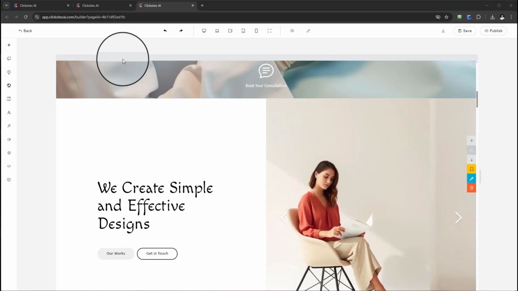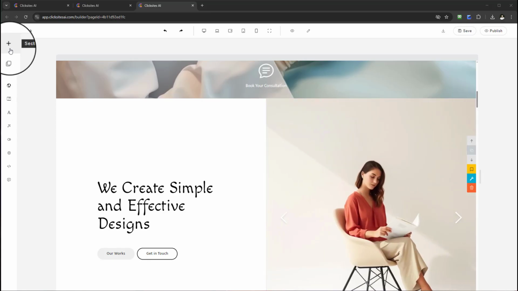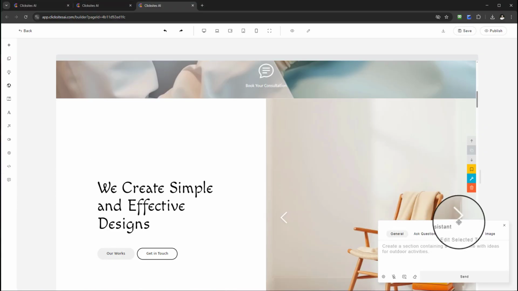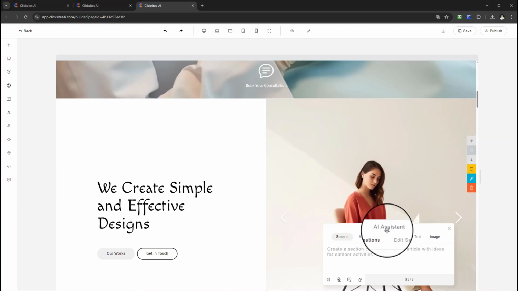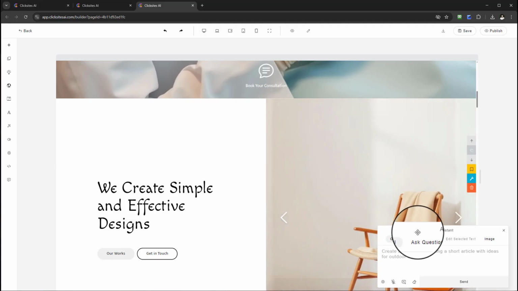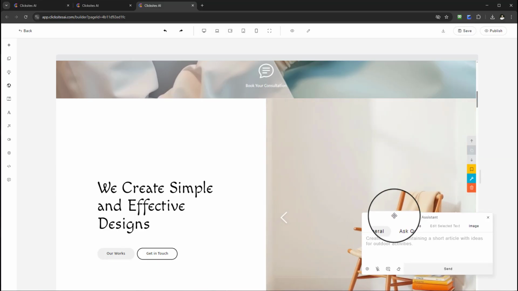Now, in this video tutorial, I'm going to show you how you can use the AI assistant in the editor. Now, in terms of the AI assistant, if you scroll to the left all the way at the bottom, it will be the assistant here. So here we have the AI assistant, which you can actually move around. With the AI assistant, it just gives you another great function of being hands-free and letting AI help you and assist